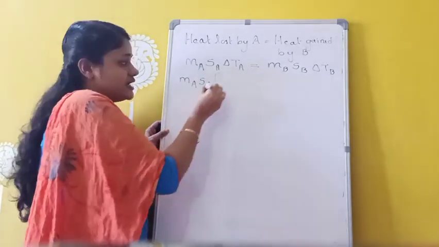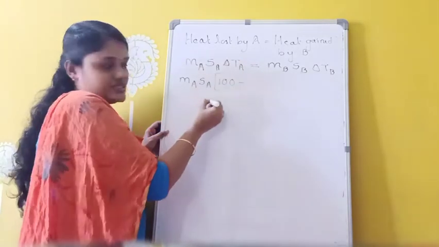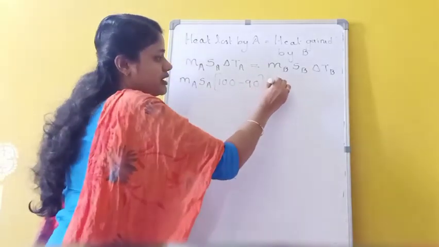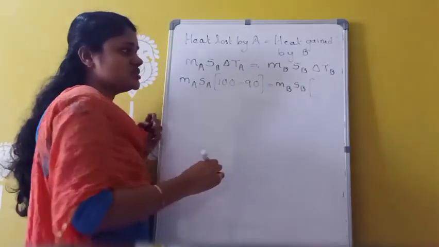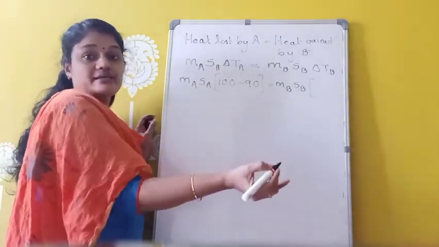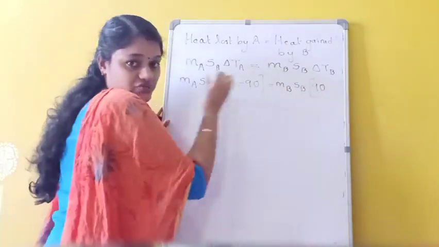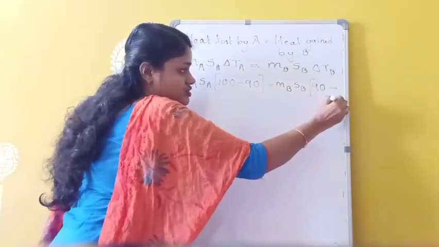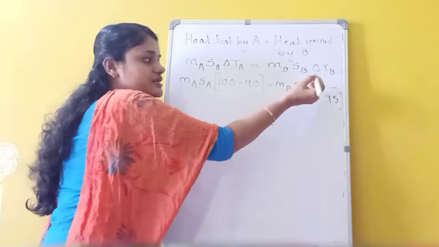So initially liquid A has a temperature of how much? 100, minus the mixture temperature which is given. In the first case the mixture temperature is how much? 90. So 100 minus 90 equals MB, mass of liquid B, into SB into... Here initially liquid B has a lower temperature compared to which one? Liquid A, and finally it has a mixture temperature of how much? 90. This 90 we have to write first because it is the higher temperature, the final temperature, minus which one? What is the initial temperature of liquid B? 75. So we are taking only the difference, that is from the higher value to the lower value. So 90 minus 75.